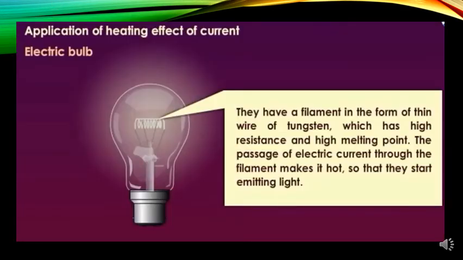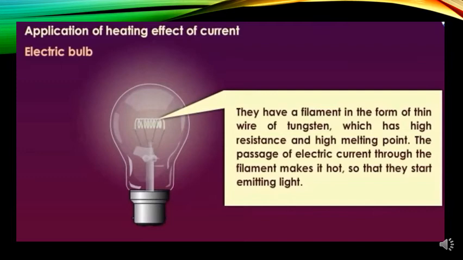The heating effect of electric current is utilized in electric bulb also, which is also called electric lamp. Why is it utilized here? It is not utilized to produce heat, but it is utilized to produce light. But the effect is heating effect only. When electric current passes through a very thin, high resistance tungsten filament of an electric bulb, the filament becomes white hot and it starts emitting light. You should know that the same current flowing through the tungsten filament of an electric bulb produces enormous heat, but almost negligible heat is produced in the connecting wires of copper.